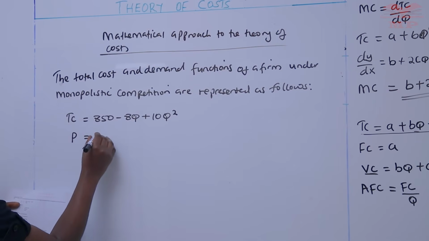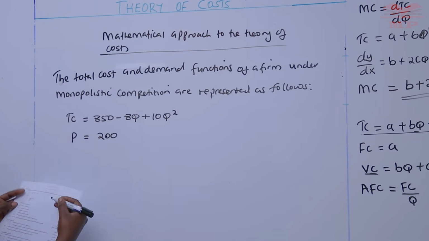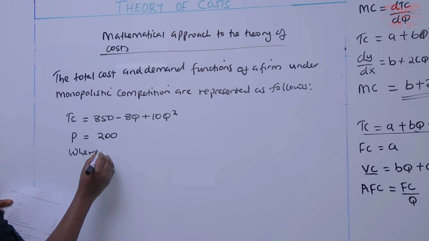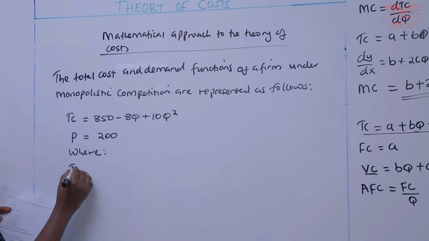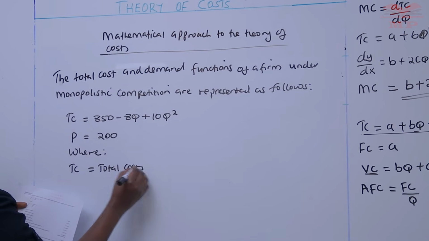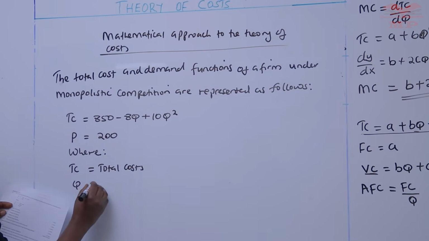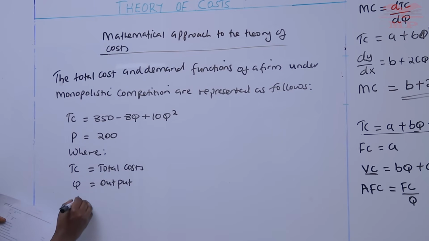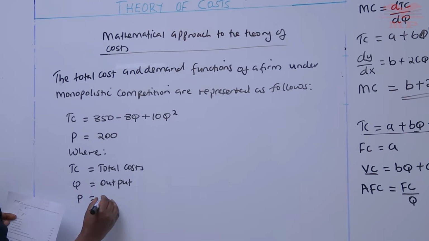P equals 200, where TC equals total costs, Q equals output, and P equals price. Then required: